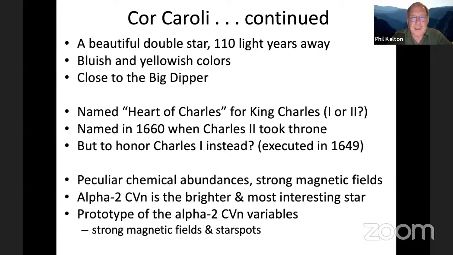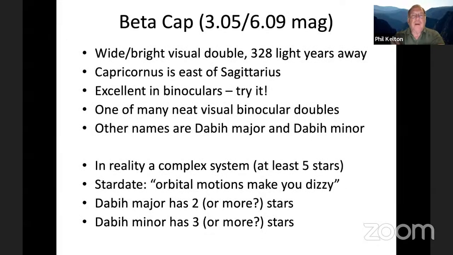The bottom section, it does have chemical abundances that are peculiar, strong magnetic fields and star spots. And astrophysically, it's a very interesting star. But we mostly see it as that beautiful double star. Okay, the last one in this set of stars is Beta Cap,